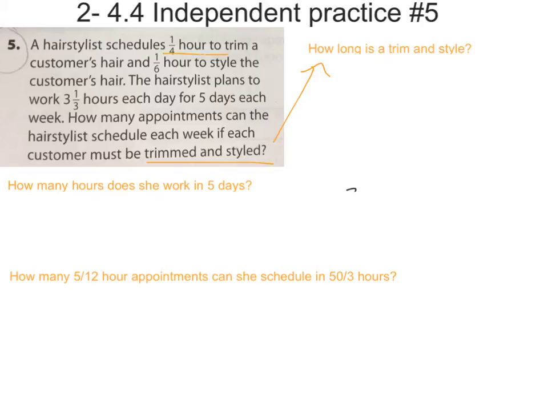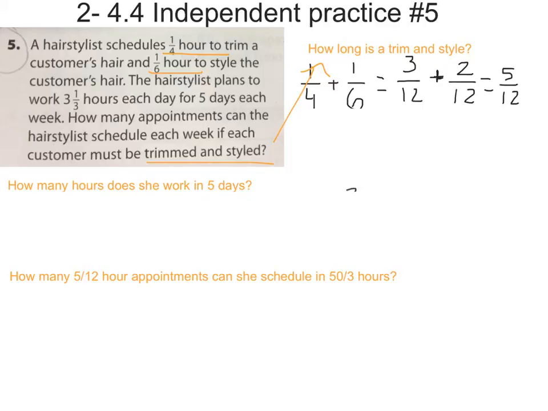Well, I know it's 1/4 hour for a trim and 1/6 hour for a style. So I know I want to add these two numbers. So I have 1/4 and 1/6. Well, I can't add these together because I do not have common denominators. So the first thing I need to do is write in common denominators. So since my least common multiple of 4 and 6 is 12, I know that 1/4 is the same as 3/12, and 1/6 is the same as 2/12. And when I add them together, I get 5/12. Now this 5/12 represents 5/12 hours